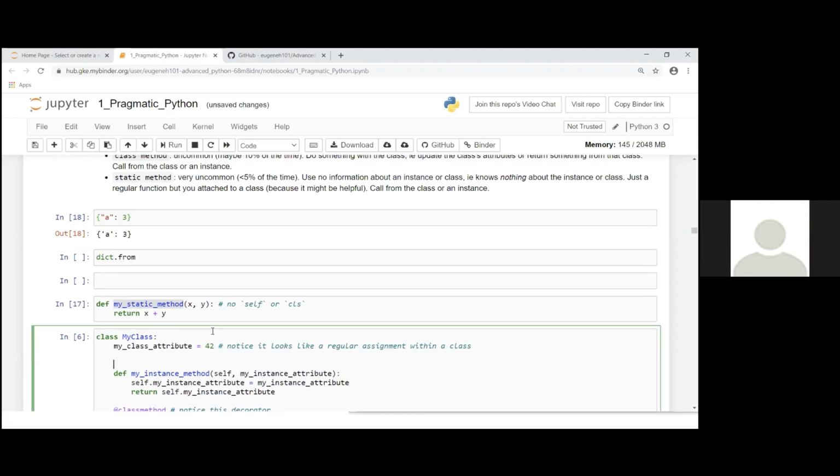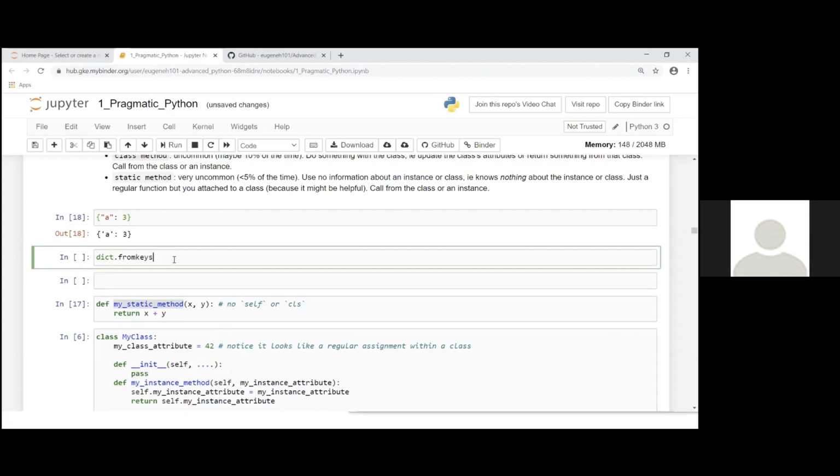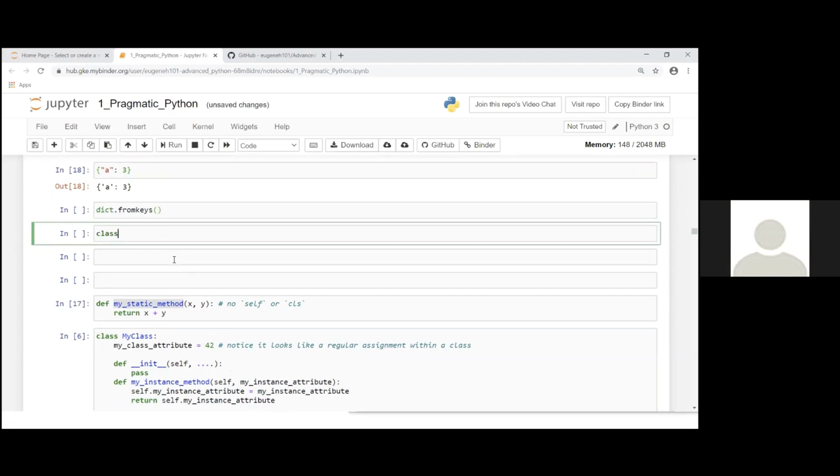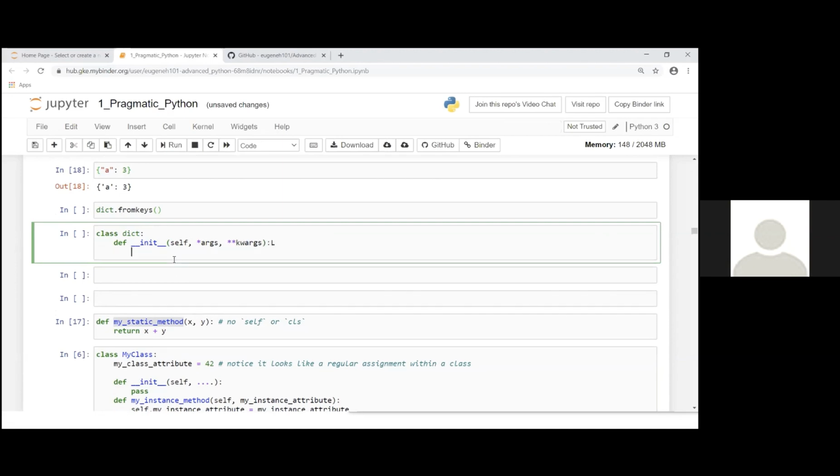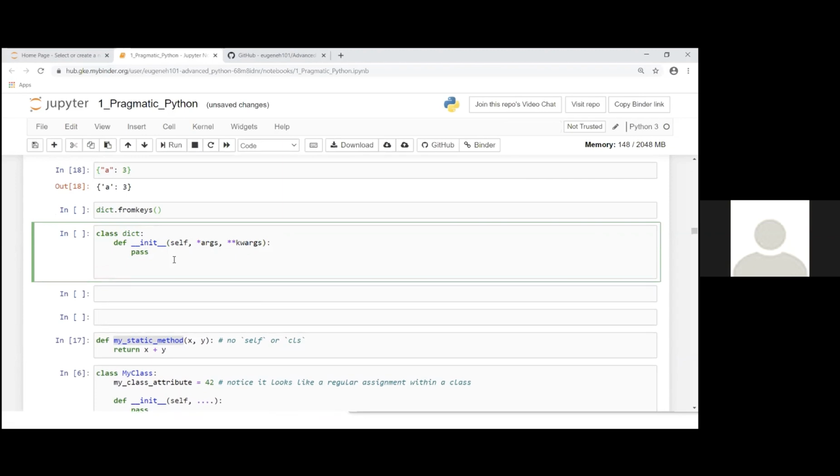So let's say I had an init here, blah blah blah. In this case, dict from keys, right? Suppose that I had some dict class. I'm just going to pseudocode, and suppose this is the implementation for Python's dictionary class.